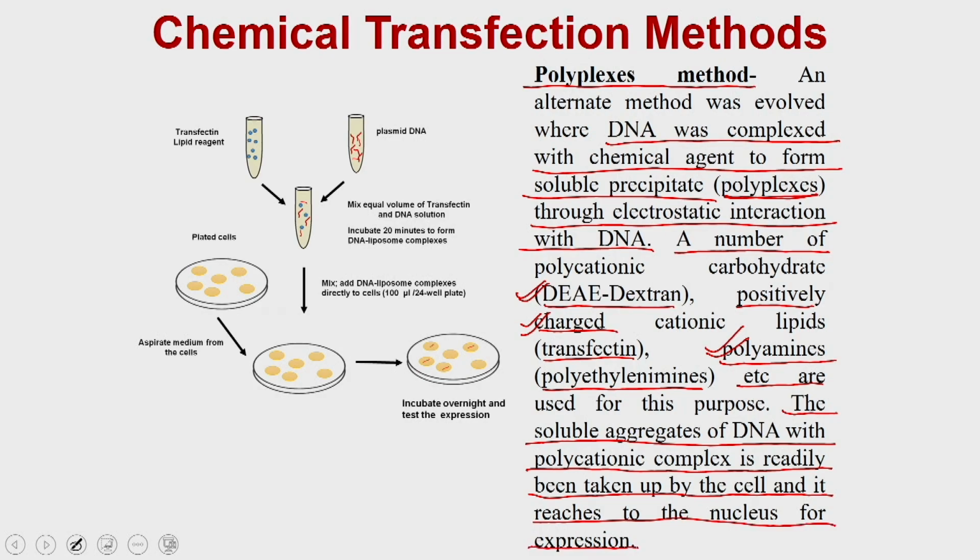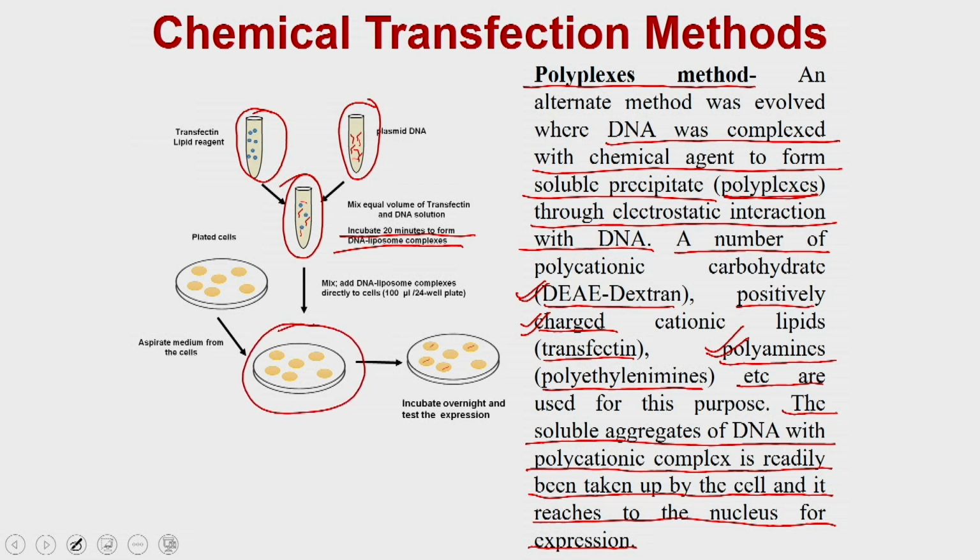So, what you do in this polyplex method is take the transfection reagent in one of the Eppendorfs, then take the plasmid DNA in another tube. Then you take equal amounts of both the transfection reagent and the plasmid DNA, mix them together, and incubate for half an hour or 20 minutes to form the DNA-liposome complexes, and once this is formed, you add it onto the cells drop-wise,